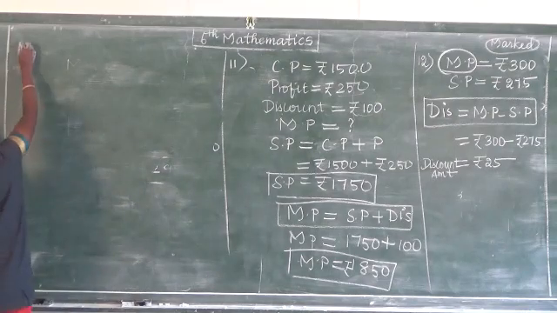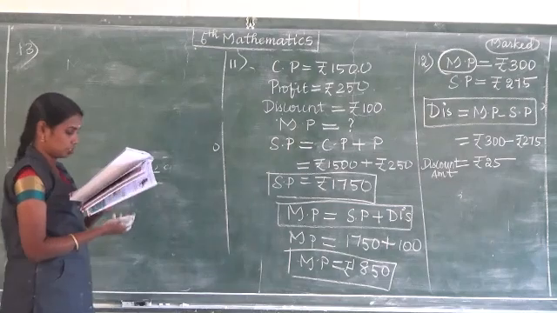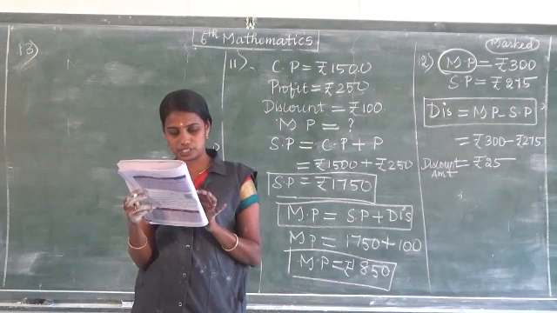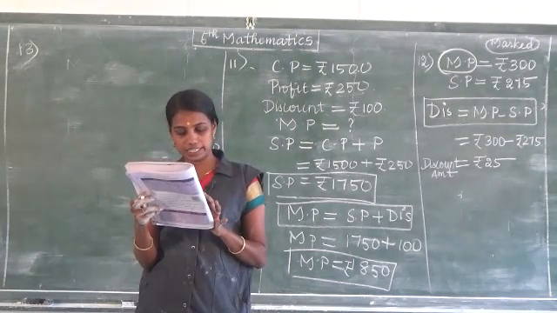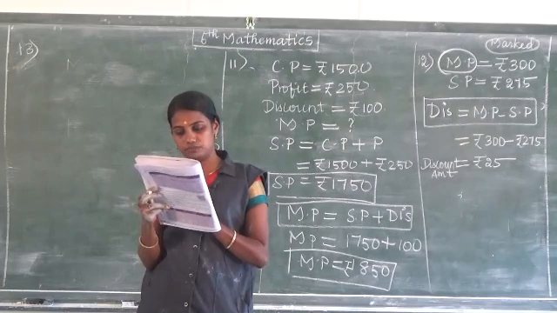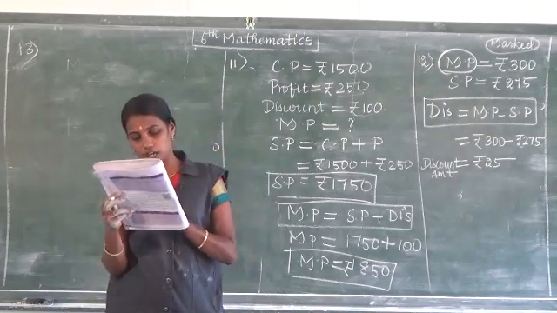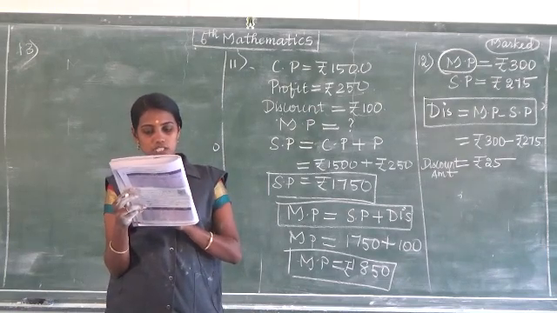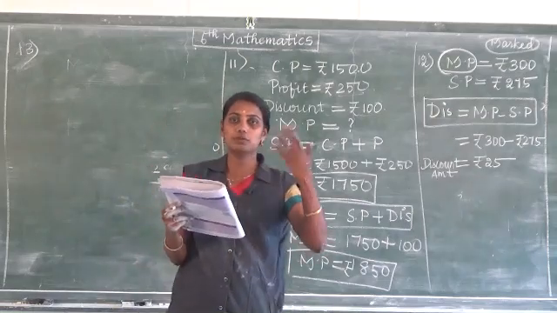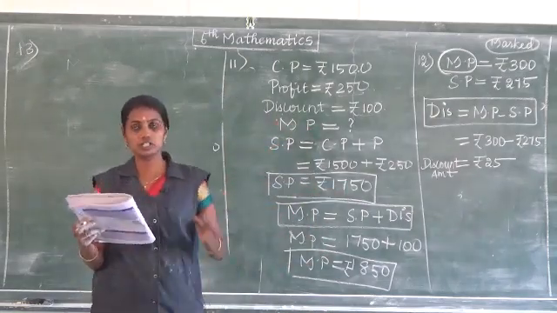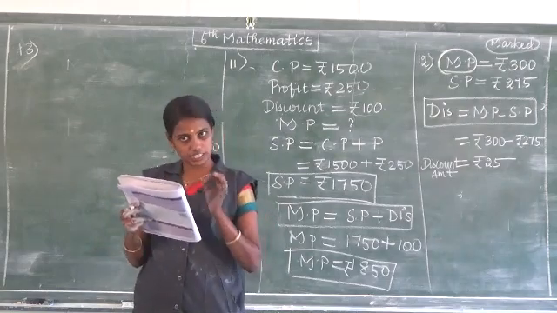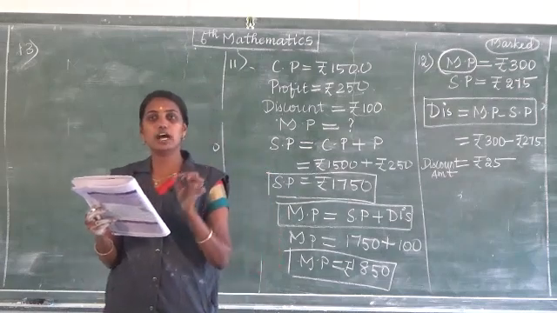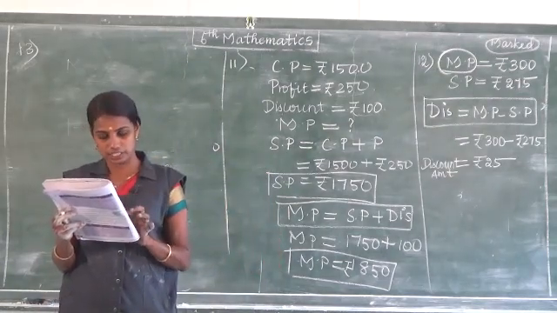Question number 13. The 13th question is very important. Listen to me properly. Vallavan bought 24 eggs for rupees 96. Four eggs of them were broken, and he also had a loss of rupees 36 on selling them. What is the selling price of one egg? This is not a normal question, either subtraction or addition. You must understand the concept. Here also it is selling price, but the quantity and the cost are given. When you have the quantity, read the question properly and understand.